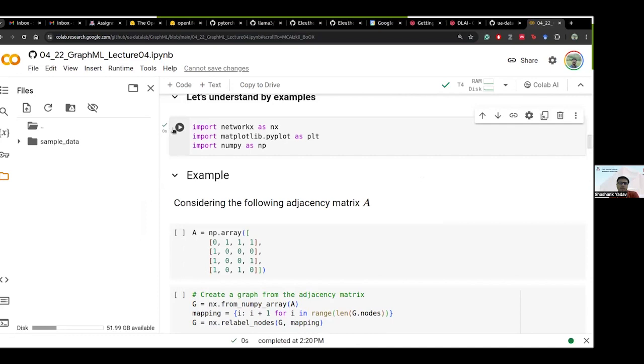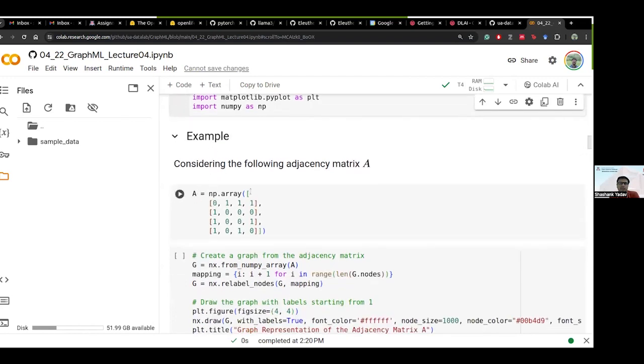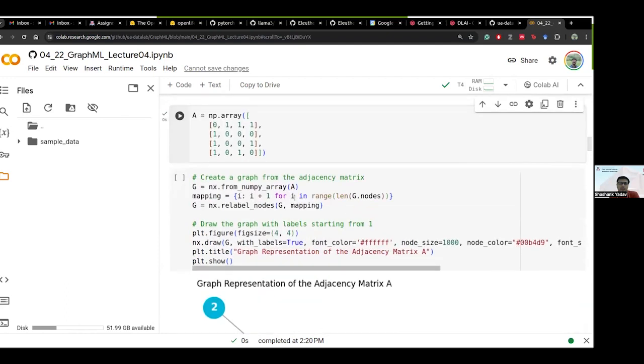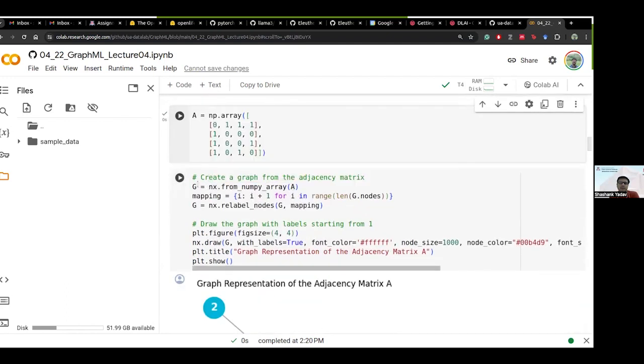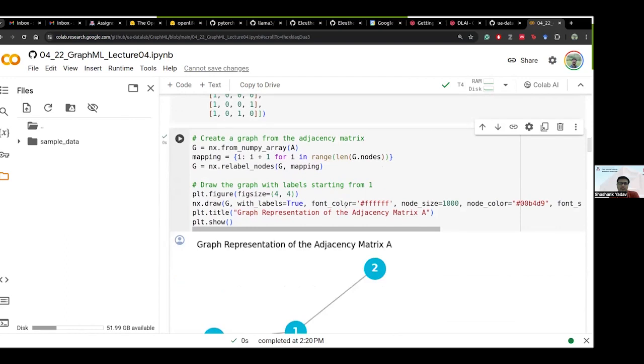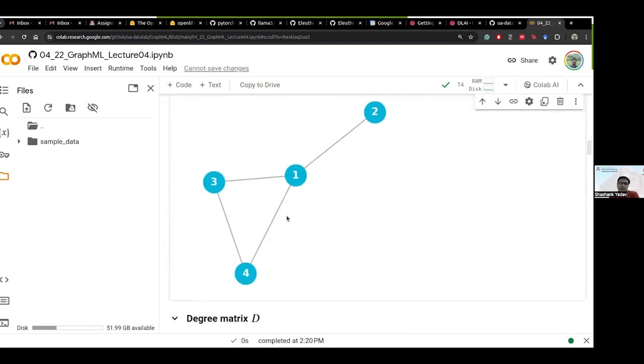Yeah, so once you click on the cell, it will ask you to run the notebook. And then once you define this adjacency matrix here, we can go and use the networkx library to build a graph from this adjacency matrix. And then we can also number the nodes. So once we have this, we can have this one small graph with like 4 nodes and 4 edges, where